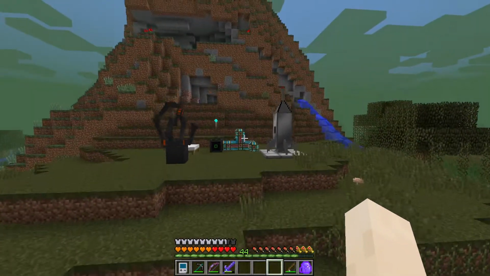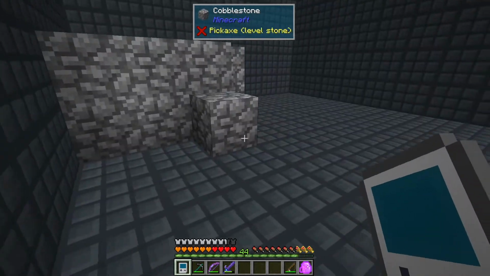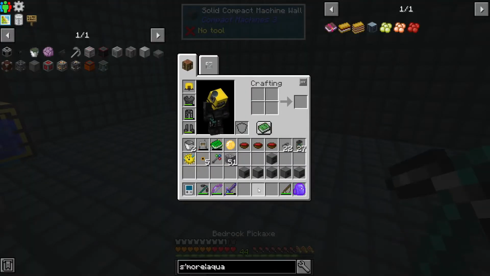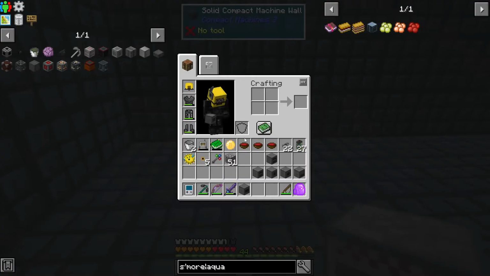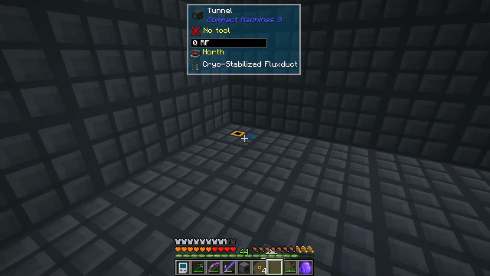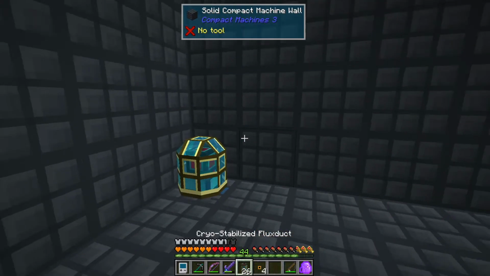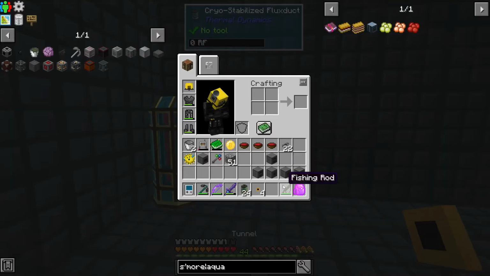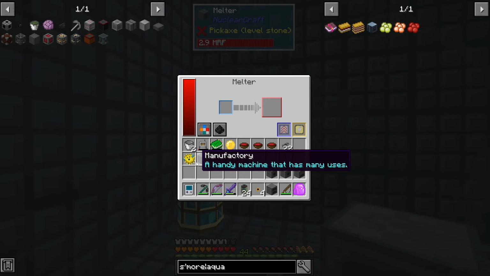You know what? I'm gonna let that keep working, and let's go and, by continue, I mean start. So let's come in here and let's get started on that wall. So first we need a manufactory. No, first we need power. So now we're back to the power issue again. Let's do this. Power. Perfect. Let's use cryo-stabilized flux. I don't think we're going to need something so powerful, but let's start with that for now. So let's put a melter down here, and we're going to put a...